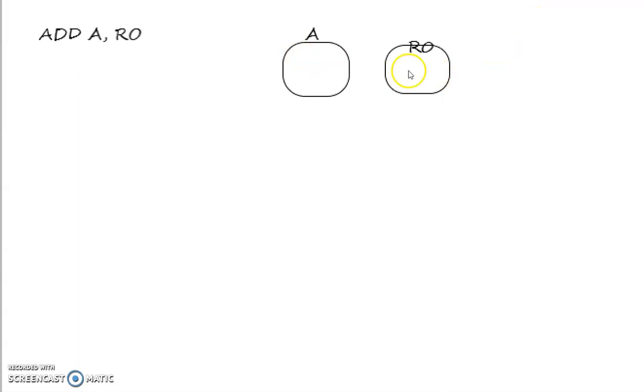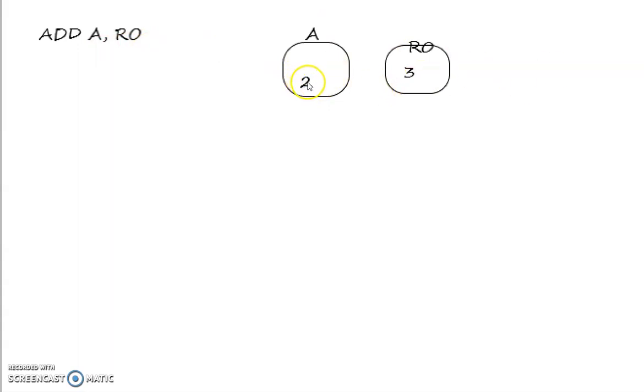Say that register A contains the value 2 and register R0 contains the value 3. By doing this operation, we are performing 2 plus 3. ADD A, R0 means the content of register A and the content of register R0 get added and the result is stored in register A.